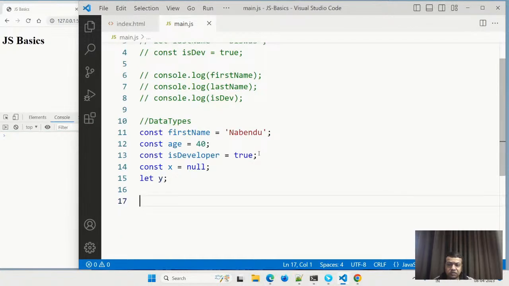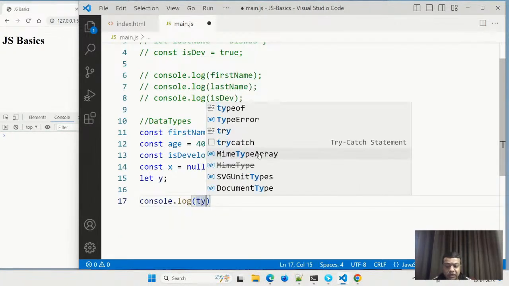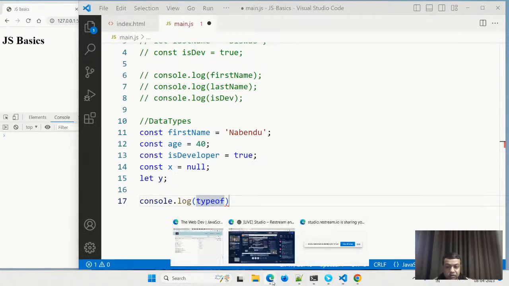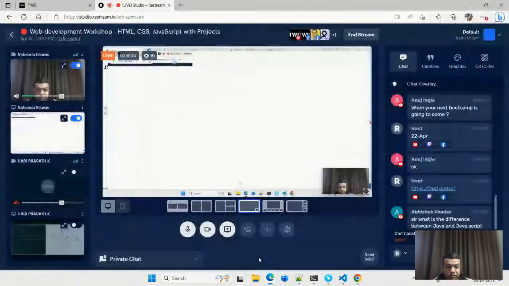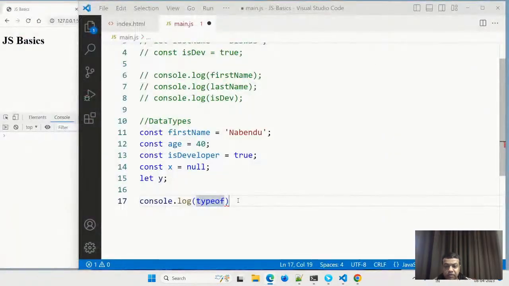Now there is an operator. Console.log gives the output in the console. There is an operator known as the typeof operator. JavaScript is not case sensitive at some places. At other places it is case sensitive.